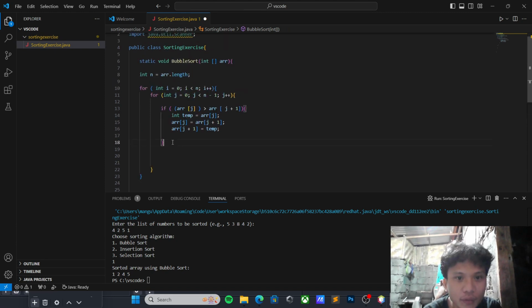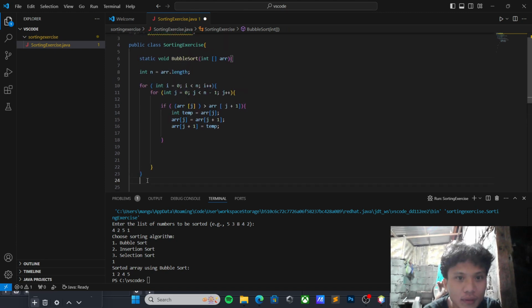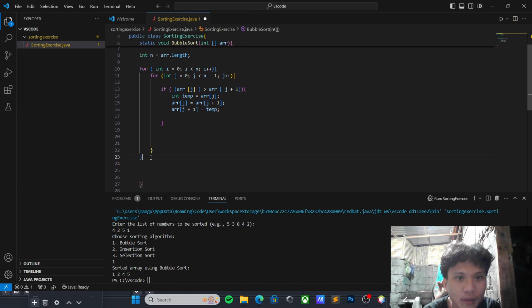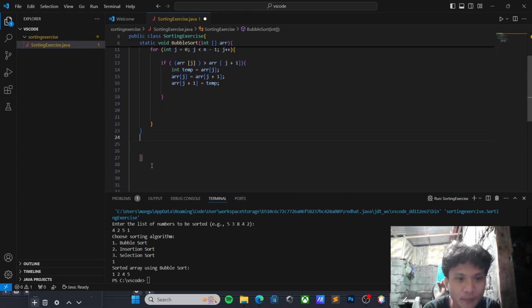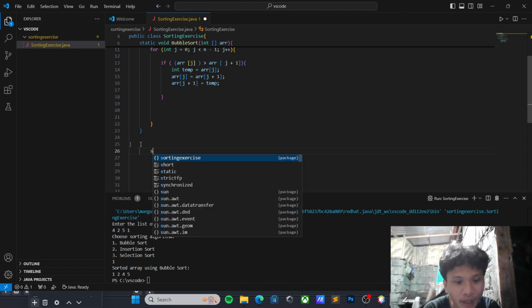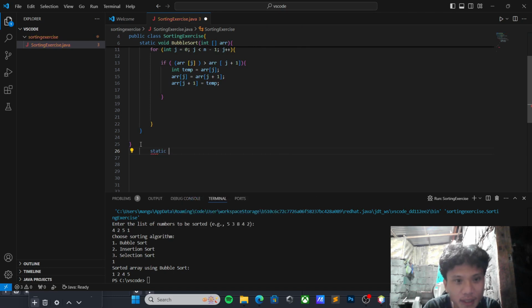First we create the same static void, the return type, and the method name insertionSort.